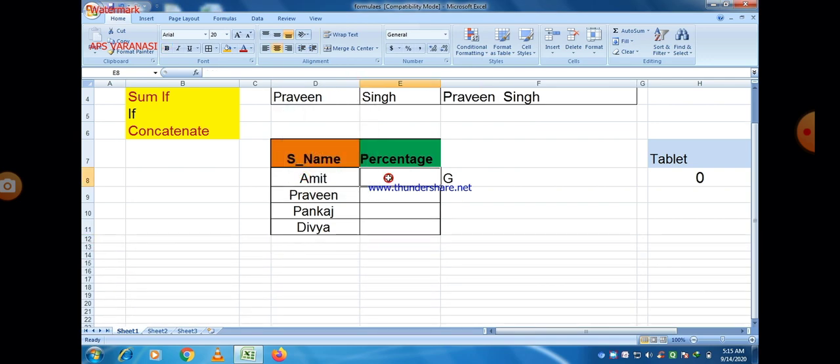Now different percentages should be there. For example, 60, 50, 60, let us take 61, 51, 41, 31.